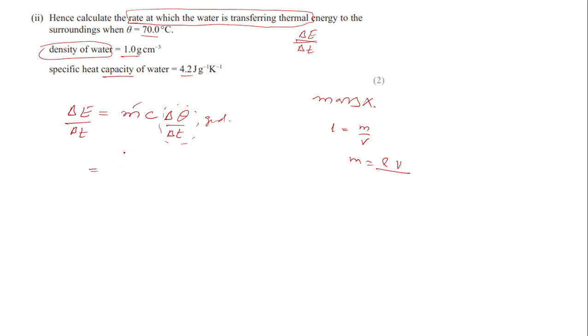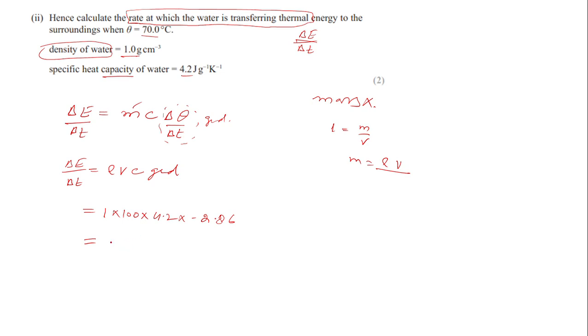So mass is density into volume. I'm just writing the formula so that you can understand: density, volume, specific heat, and then gradient. You don't need to write it, just for your understanding. So the rate of energy transfer, delta E by delta T, you just substitute the values. Density is given as 1, volume was 100, specific heat capacity 4.2, gradient we found minus 2.86. So when you solve this, you have the answer